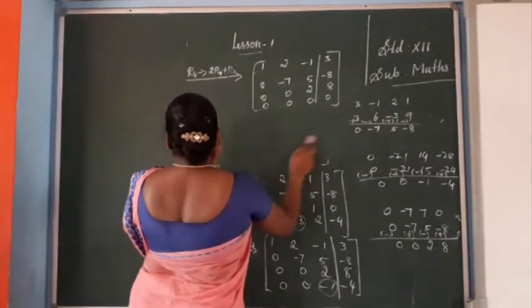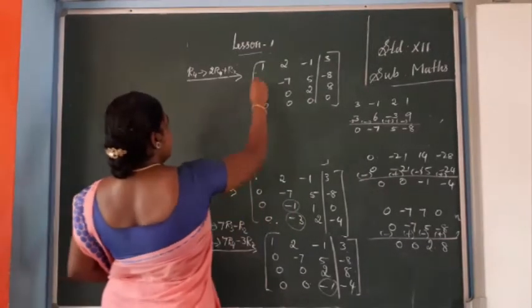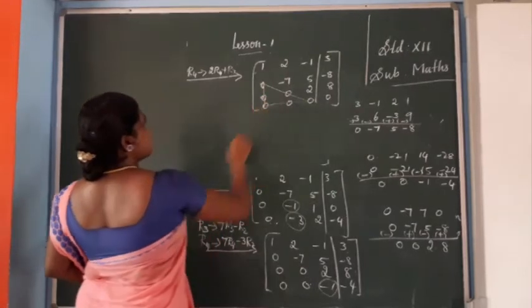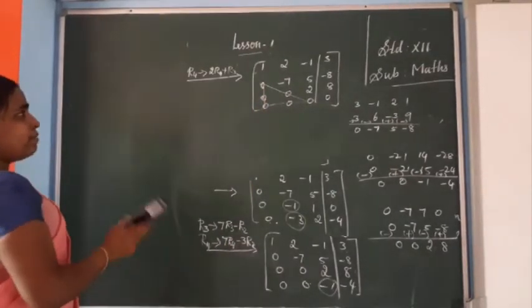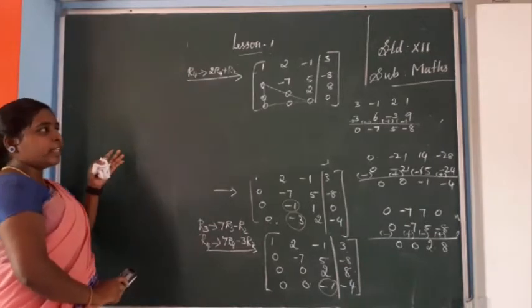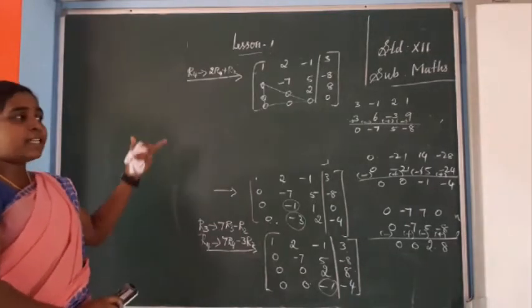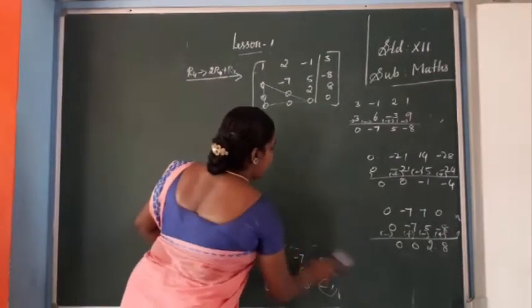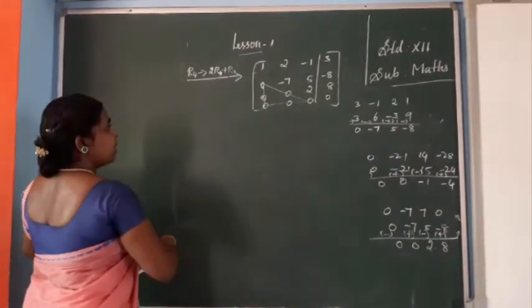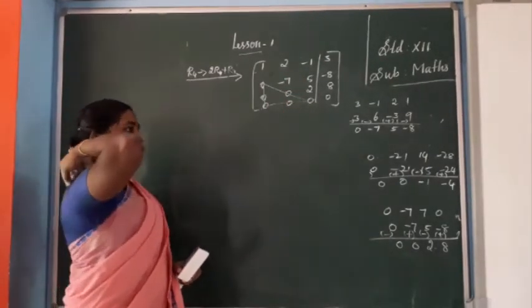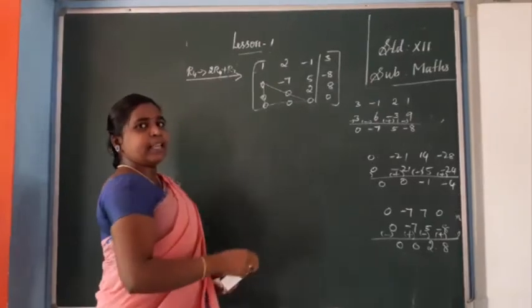So we got the equivalent form, isn't it? This is the equivalent form: 1, 2, next is 3, 0. After converting into equivalent form, how to write the rank? Then only we can find the consistency of the given system. So we can see it's the rank of A. Rank of A means, at the beginning itself we told, the first 3 columns denote A. So 4 columns together, that is AB, isn't it?